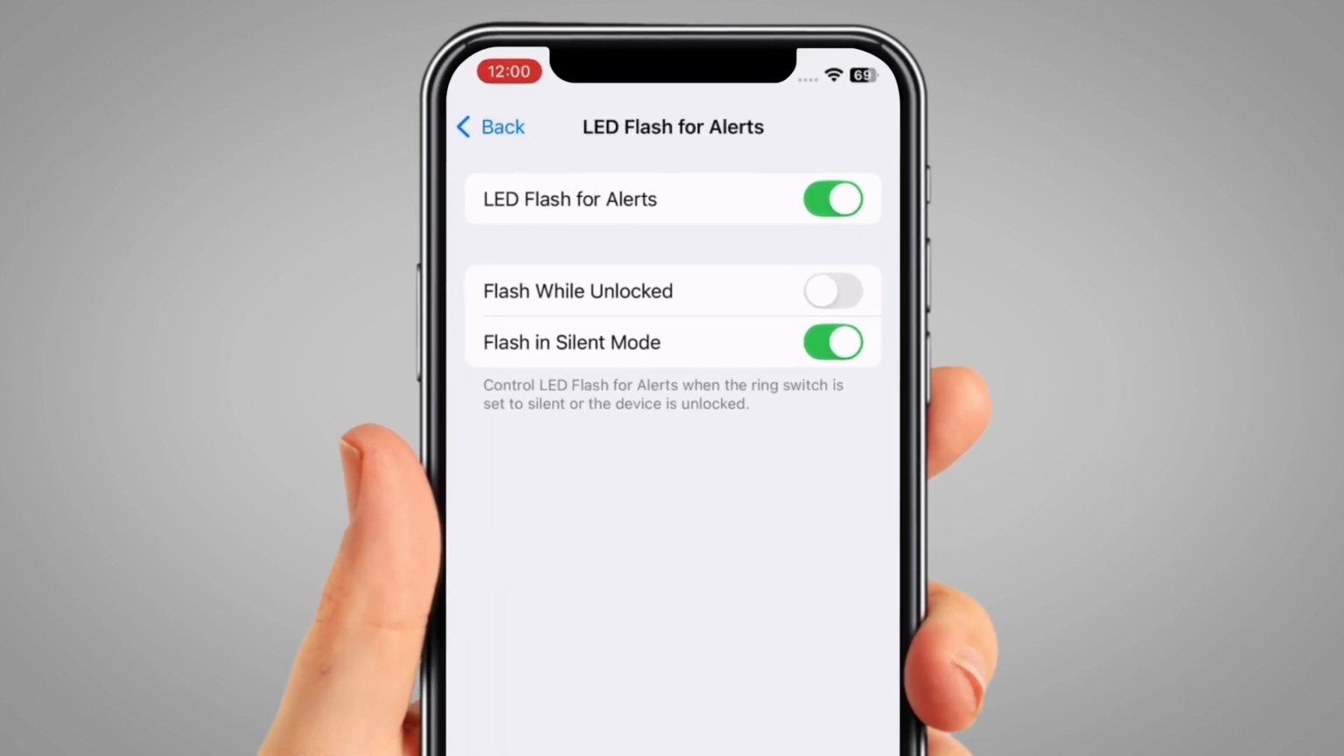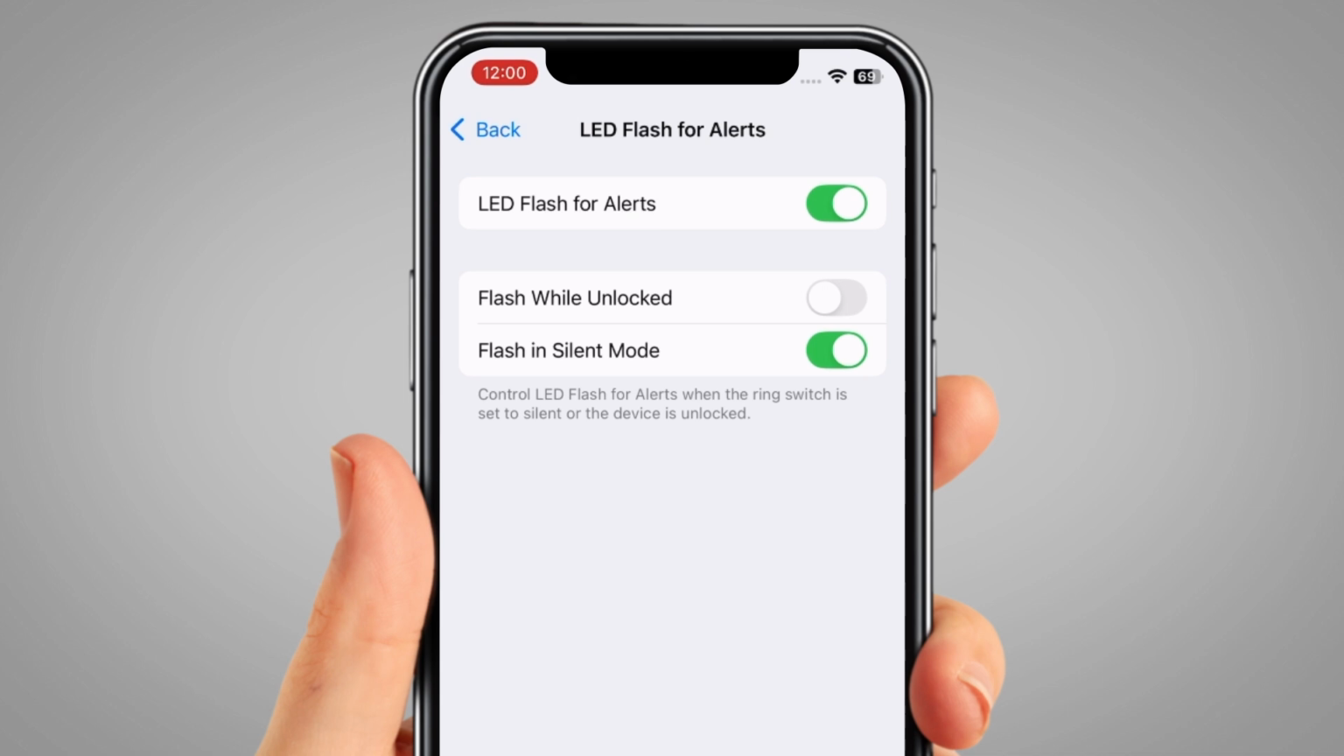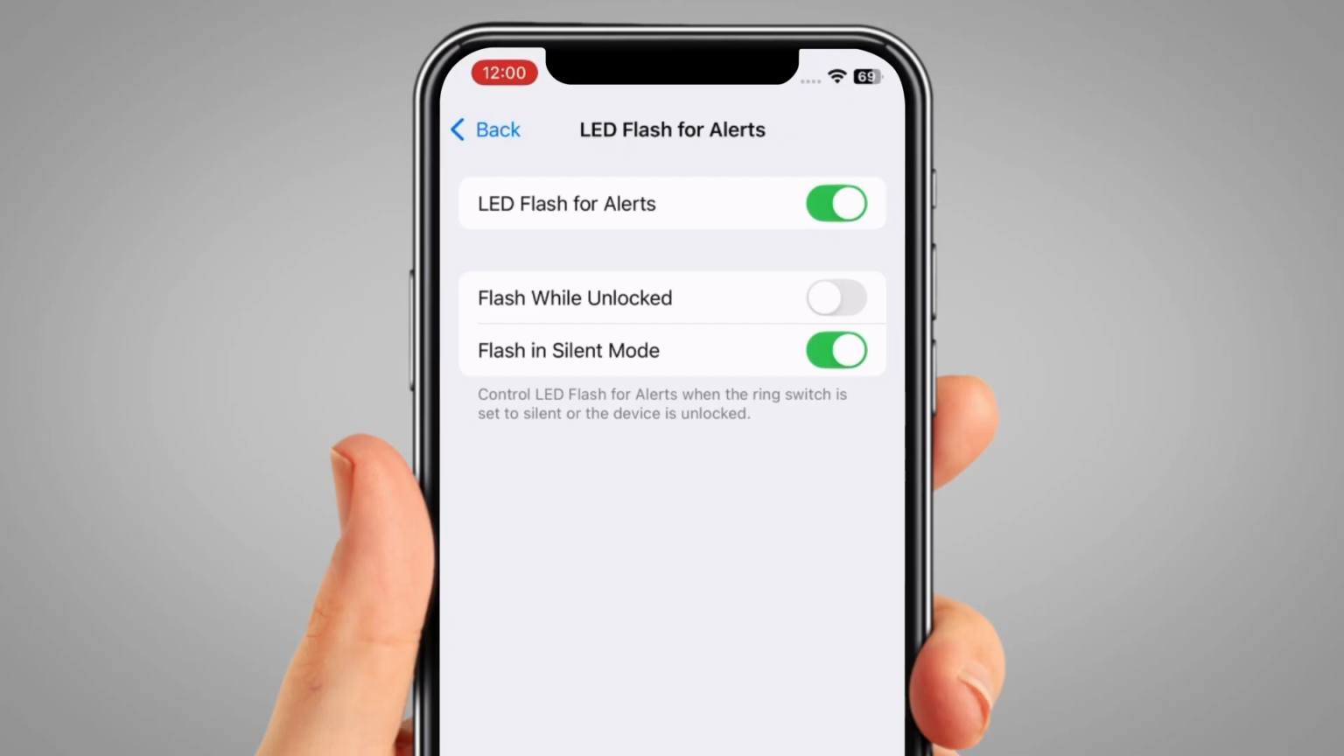There's also an extra option just underneath called Flash in Silent Mode. If you want your phone to flash even when it's in silent mode, make sure this is switched on too. You can also choose to disable the flash when the phone is unlocked, so it doesn't flash if you're actively